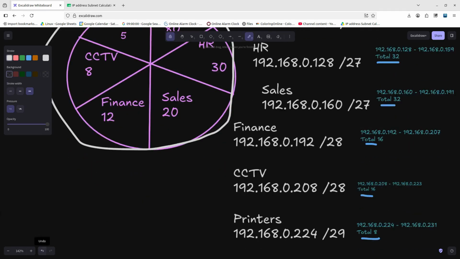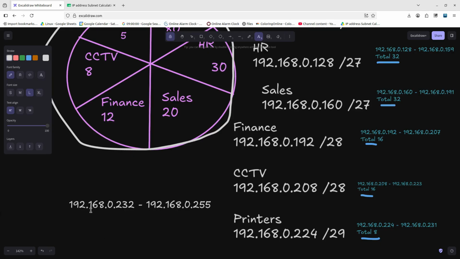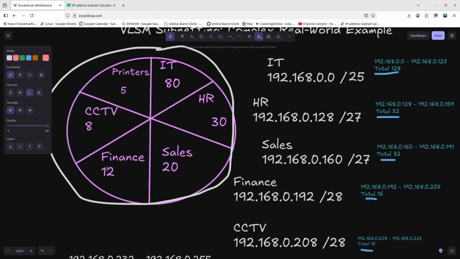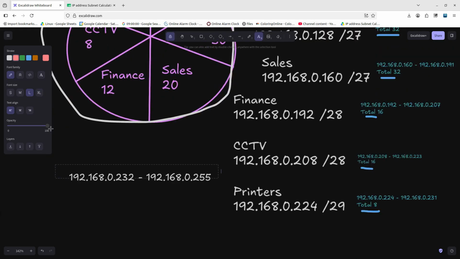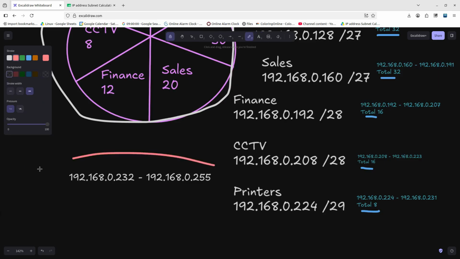One more thing I just want to add over here. After all the calculation, we will still have this much remaining, between 192.168.0.232 to 192.168.0.255. This will be after we have allocated the IP addresses to each department. So this will be useful in the future if there is growth, if more employees are hired, or if a department is expanding, these extra, spare IP addresses would be